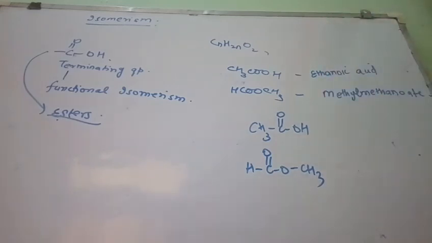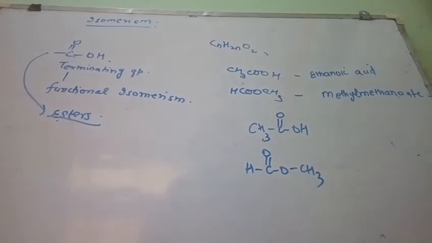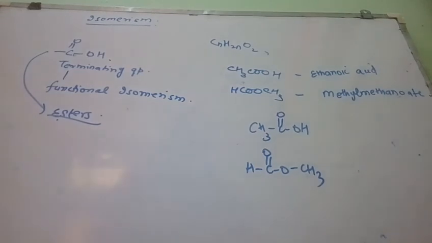So in isomerism, one important class of isomerism shown by the carboxylic acid group is functional isomerism, where they exist as carboxylic acids and esters. Apart from it, it also shows chain isomerism similar to the other compounds. Got it? Now let us come to the methods of preparation of carboxylic acids.